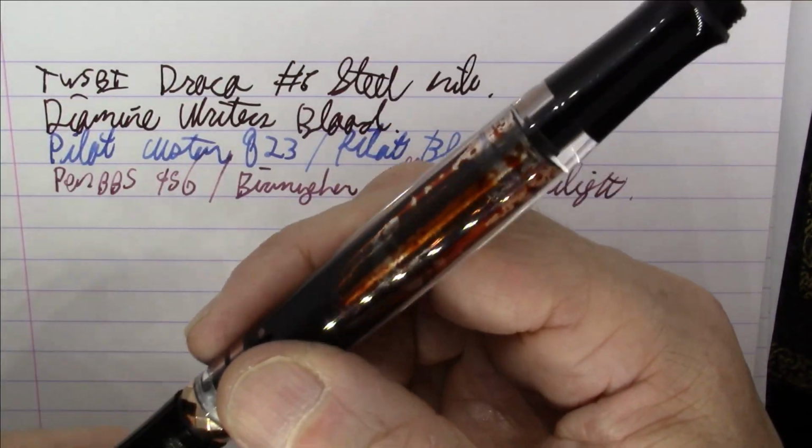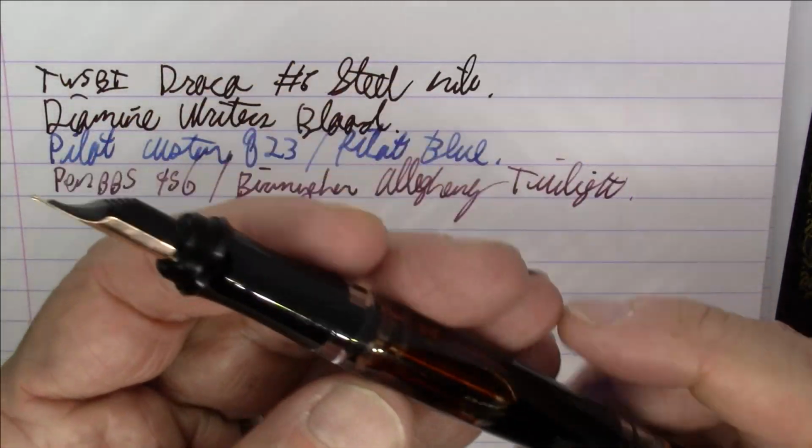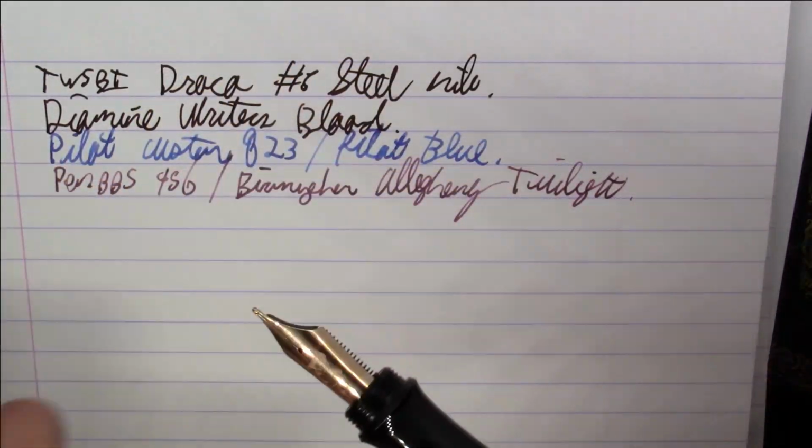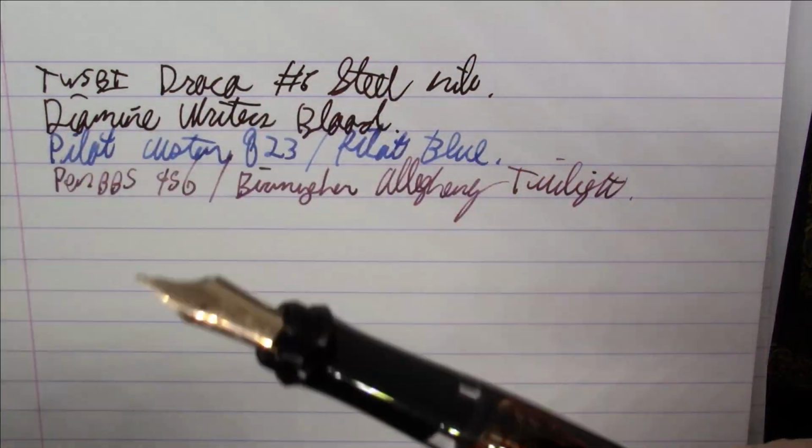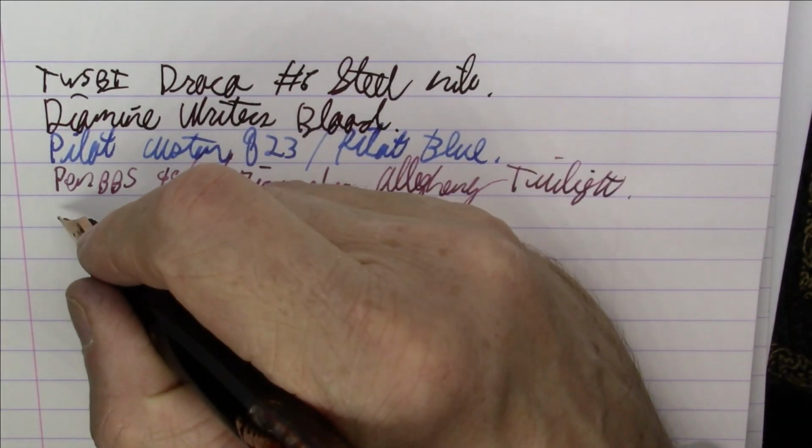It is a screw to post pen. Just a strange shape, just an odd pen. I kind of like it. I think the reaction in the community to this one was kind of mixed, but personally I kind of like it. So we have a Pen BBS